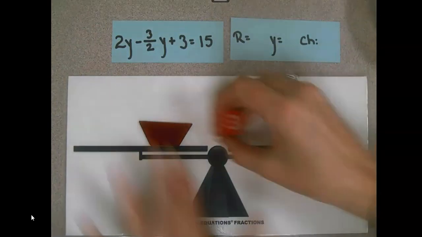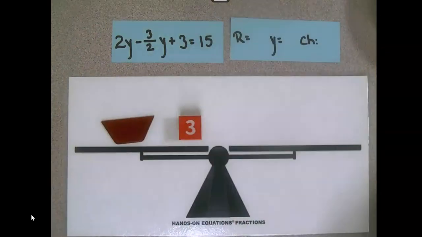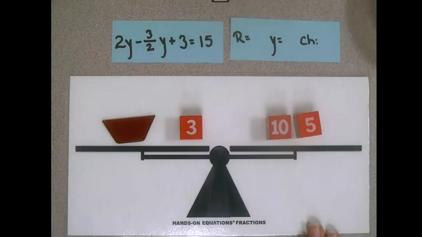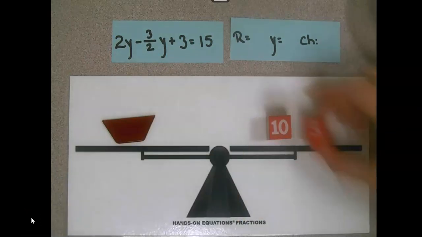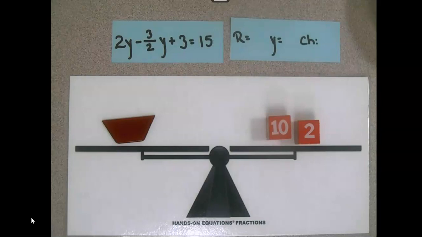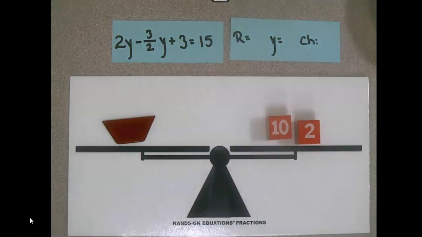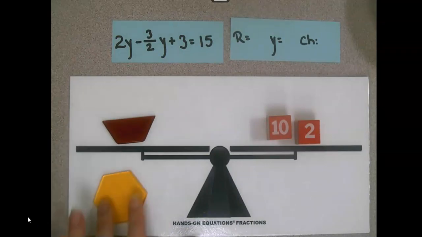Now I see that I need to increase this by 3 to get my total on the right side of 15. So this is now my setup to solve this problem. Next, I will perform a legal move, and I will remove 3 from this side, and that means that this side is now worth 12. And so I can see that 1/2 is worth 12, or my red is worth 12. Since my red is worth 12, that means that my yellow is worth 24, and I am now ready to